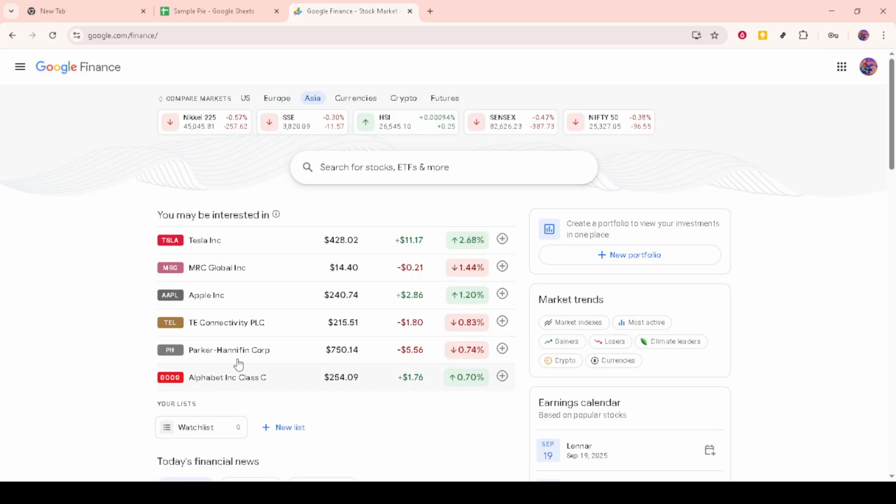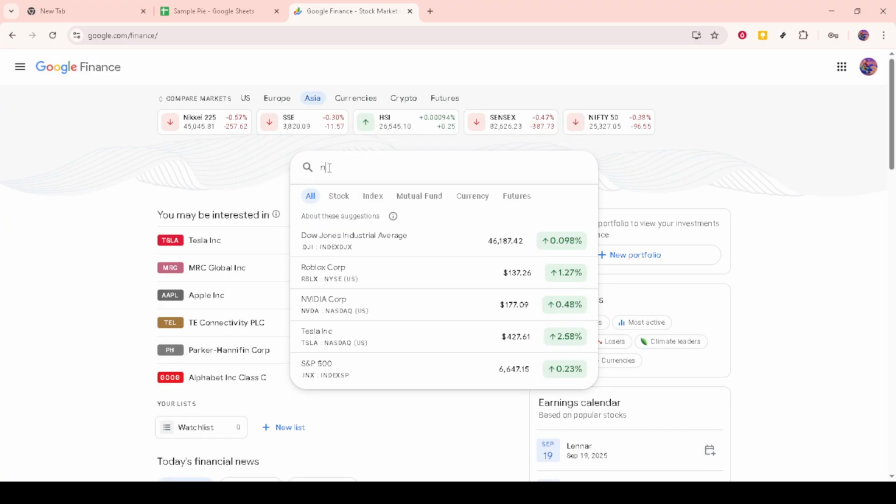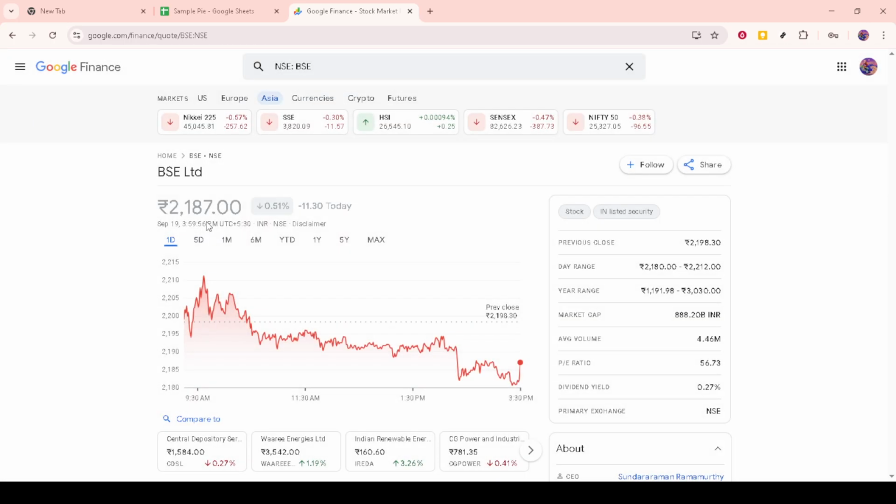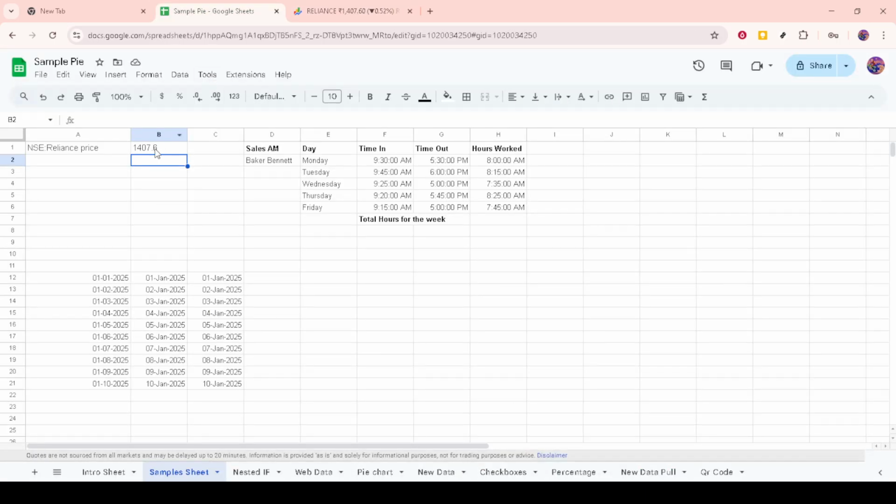For those of you who want to track multiple stocks, the process is quite similar. First, enter a list of the stock tickers that you're interested in tracking in a column. For example, you might list them downwards in sequential cells, starting from A2. Once you've got your list, simply drag the formula from B1 down alongside your list up to B3, or however long your list is. This will populate the prices for each respective stock all at once.